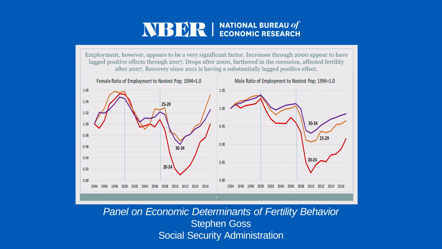There was some pulling back in all three age groups between 2000 and 2006. But then the employment rates really dropped, obviously, in the recession, down to lows around 2011, with really substantial effects. Now, we've had some pretty good responses back up for most of these groups, less for 20 to 24 than for women in their 30s. And the same is basically true for men, although men have recovered less at all age groups even than women.